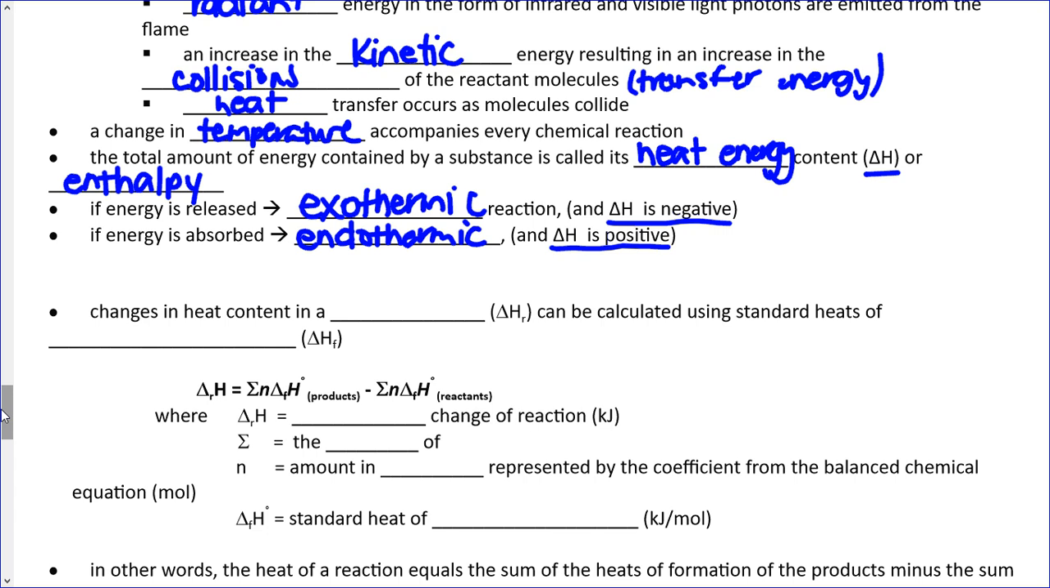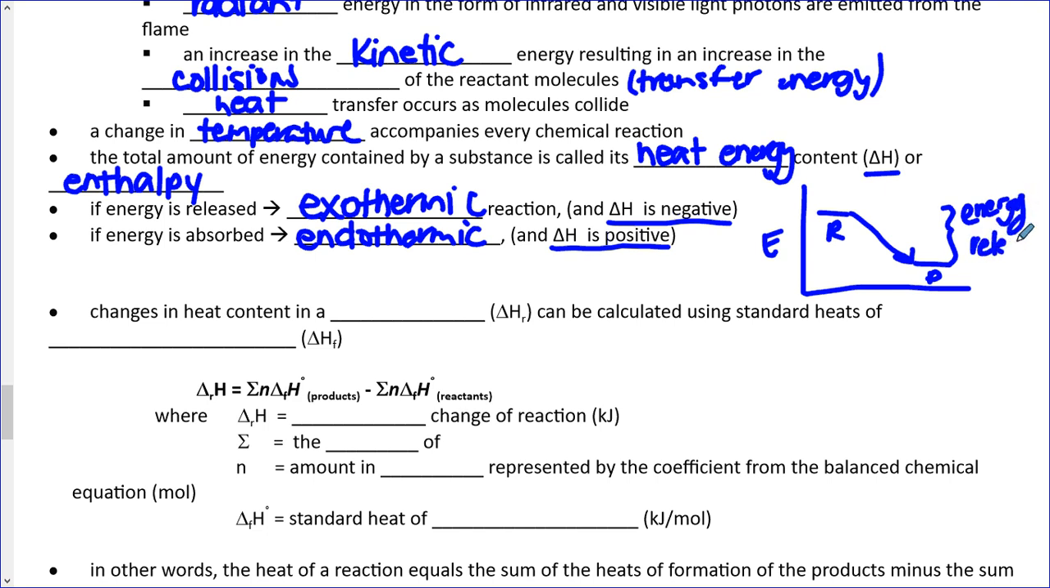If I kind of draw it up here, this might help me. So again, this is energy, reactants. It has SM there. Products. So our reactants have more energy than the products. So that means that that energy needs to be released. So this is the energy is released, and that delta H